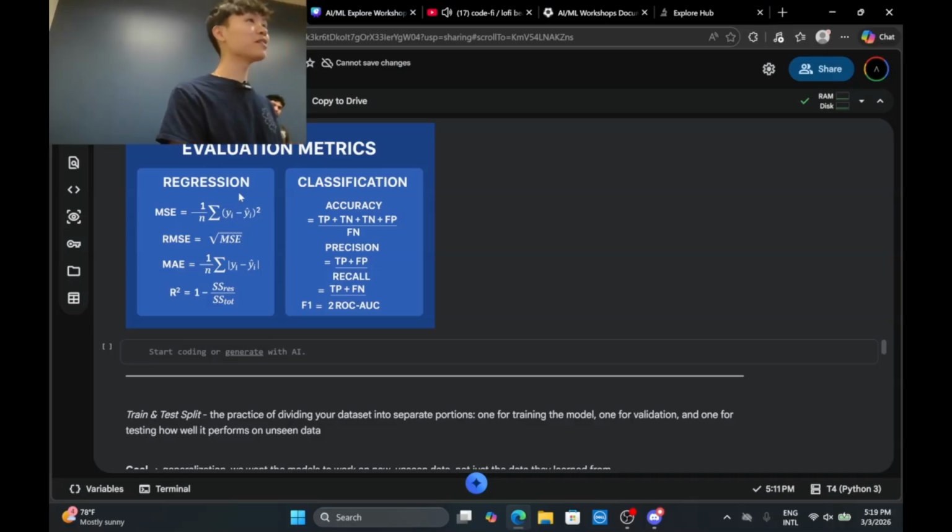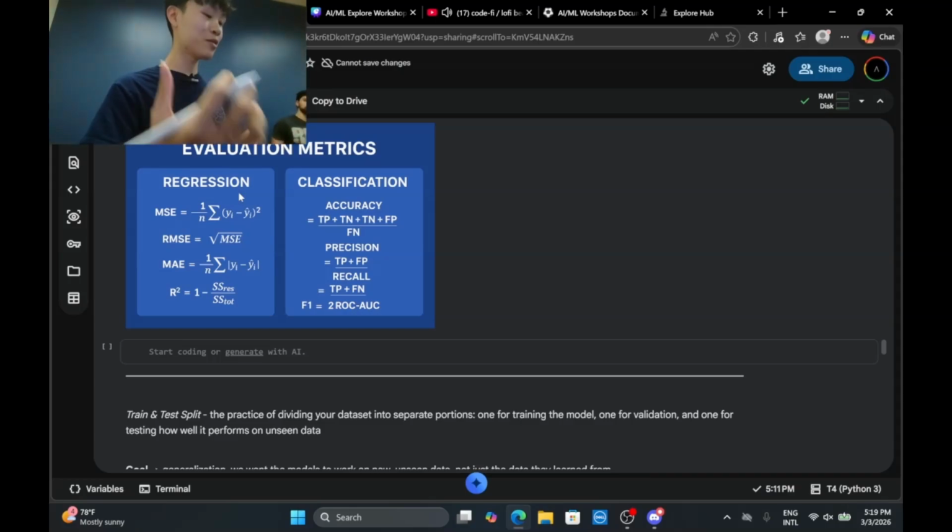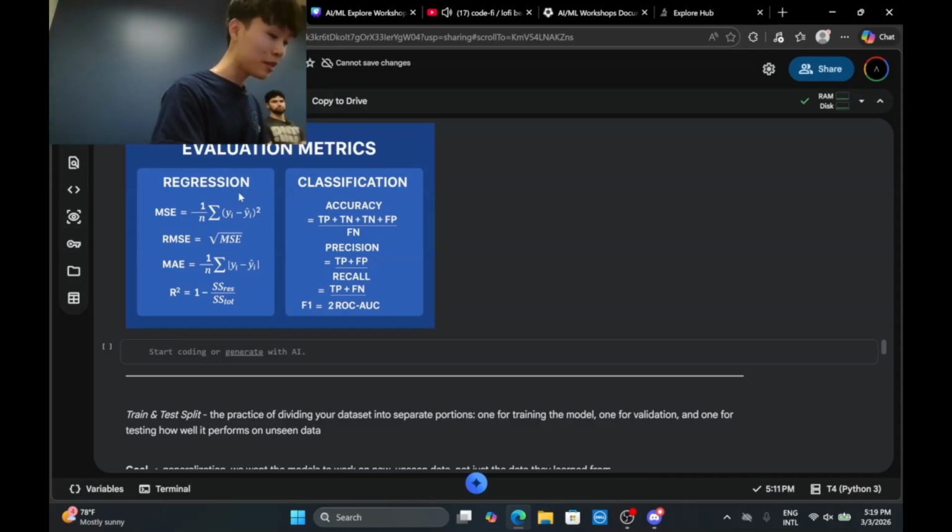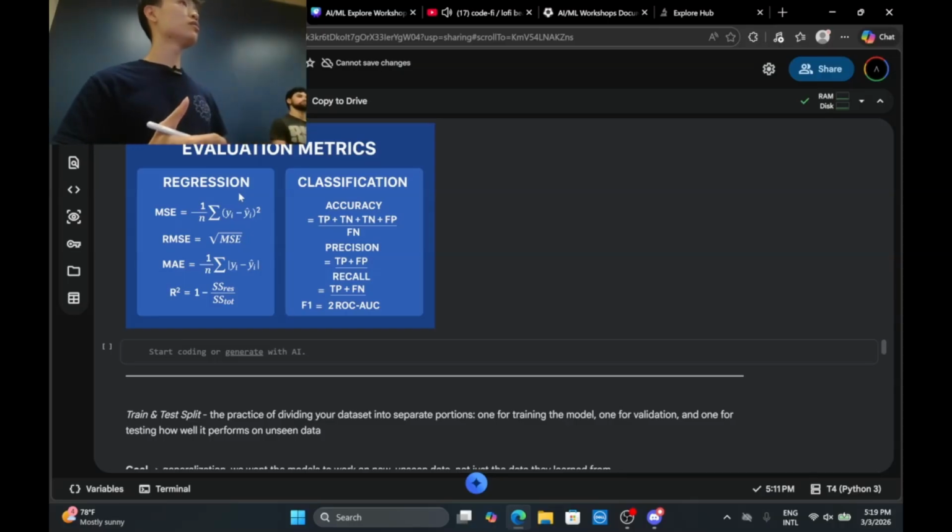Square is an exponent to the power of 2. Error, in machine learning, means how far off the model prediction was from the actual answer.